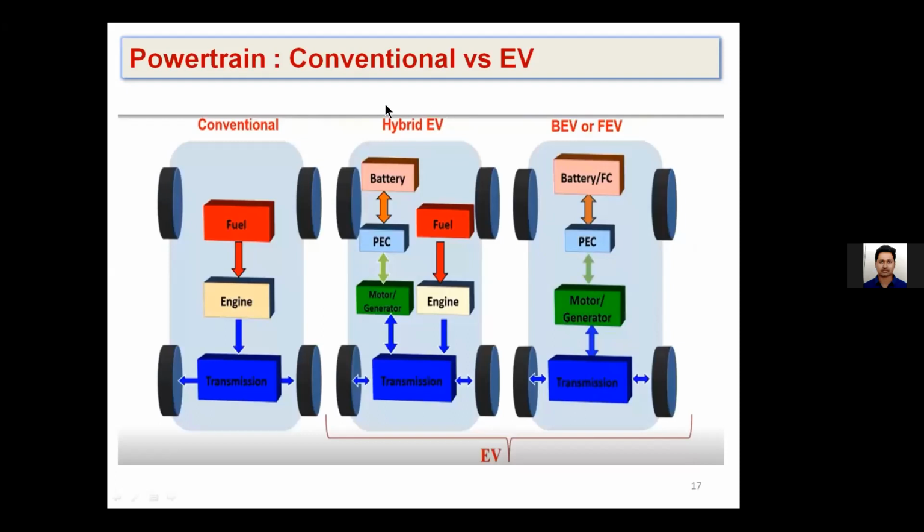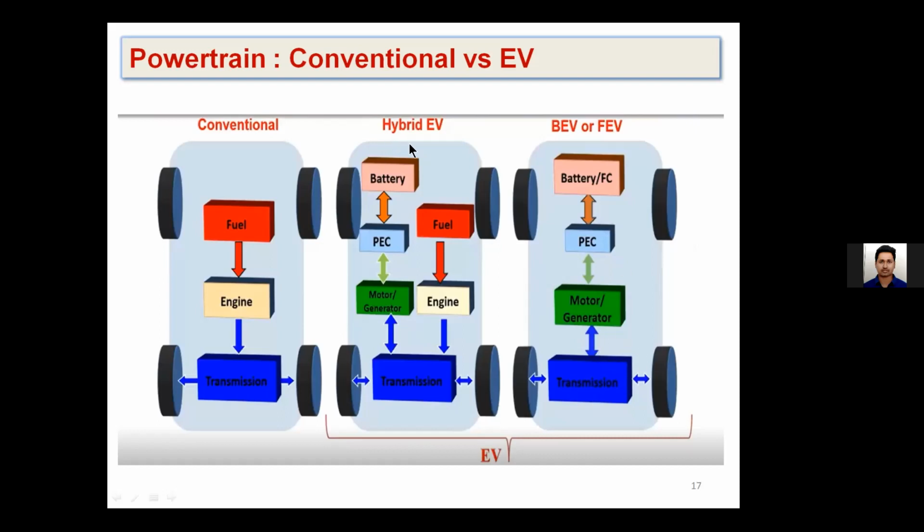Coming to the first part, let us see first the battery-based electric vehicle or the fuel-cell-based electric vehicle. Whenever you have a battery or a fuel cell, basically it's a DC source of energy. We get some DC power. For the motor or generator, we will discuss it later, but generally we use AC motors. We prefer induction motors, mostly for the four-wheeler segment. As this is an AC motor and the source supplies DC, we require some power electronic conversion which can convert DC to AC. So this is a power electronic conversion, and finally, it is fed to the transmission network.